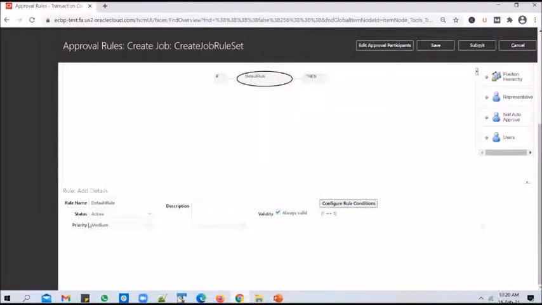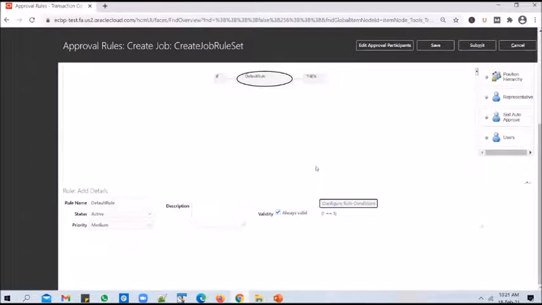Okay, but many times we notice that this priority doesn't work as expected. So when we write the rules, we write them in such a way that the rules are mutually exclusive. We'll get into it in a moment. For now, let's leave the priority as medium. And you have an option to put in a description if you want, and you can configure the rule conditions here.